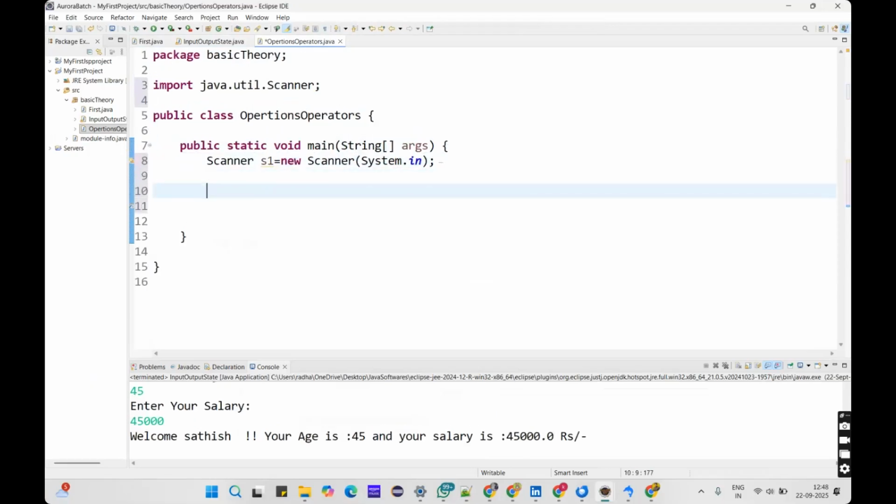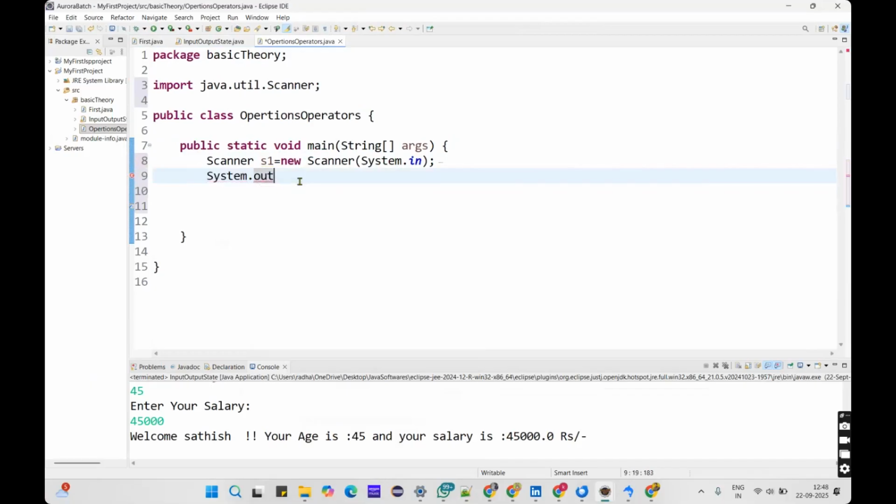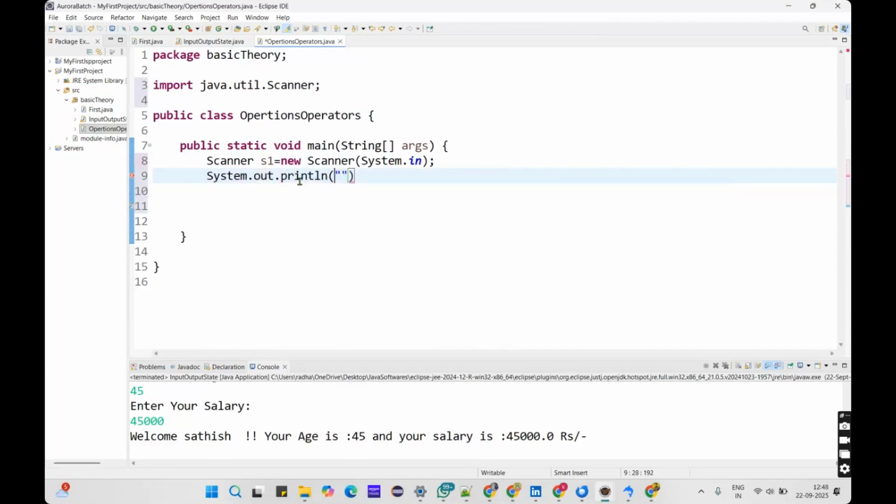Now when I want to perform the multiplication, I need to tell the user. So System.out.println, and I'm asking him to enter the